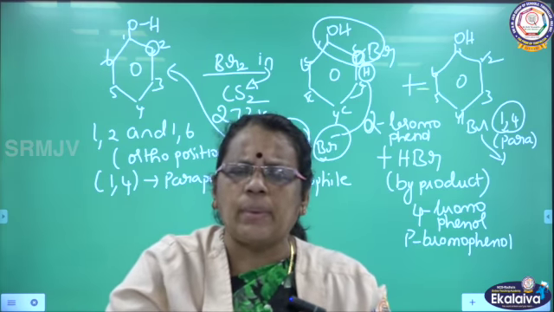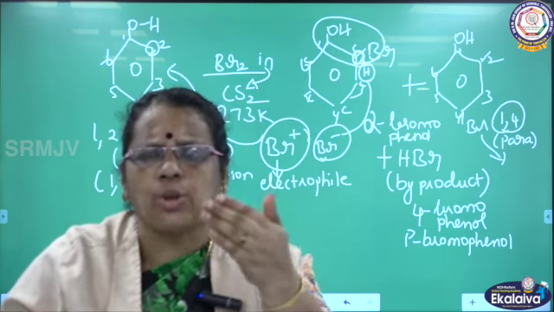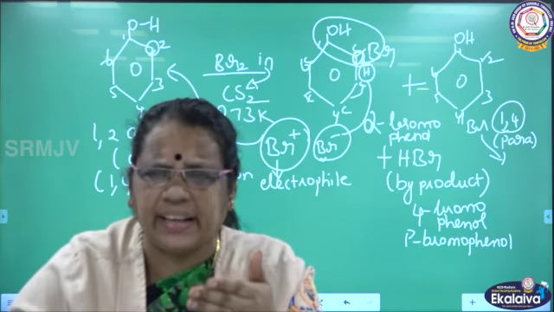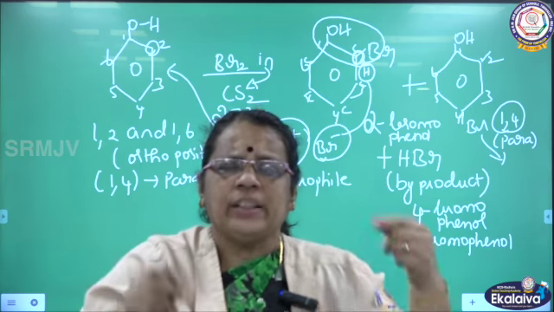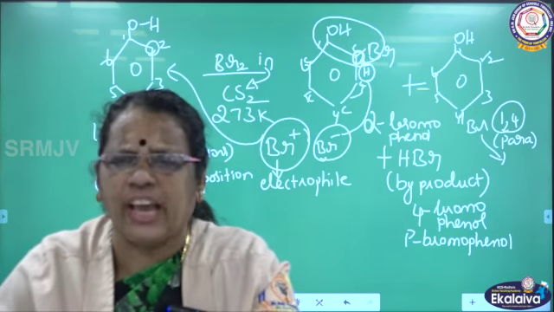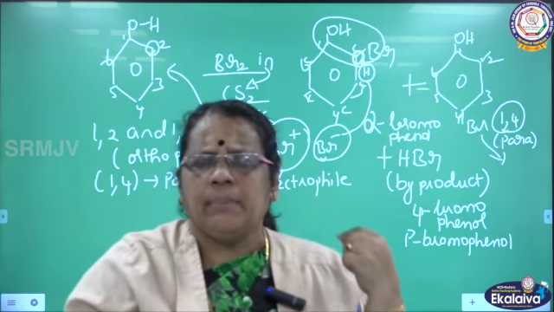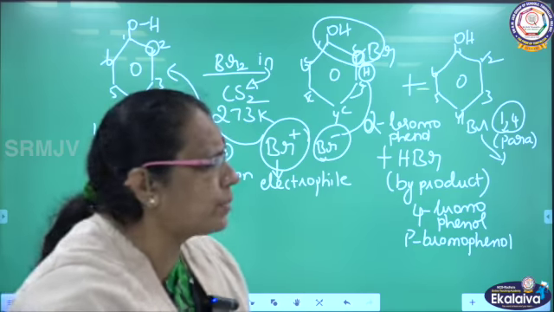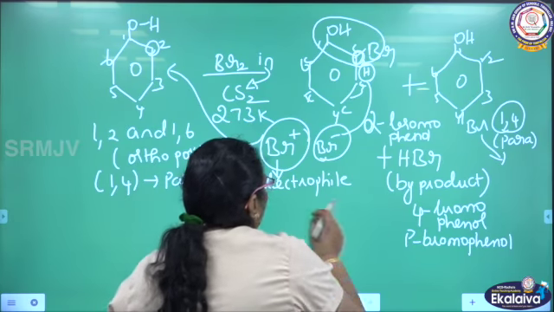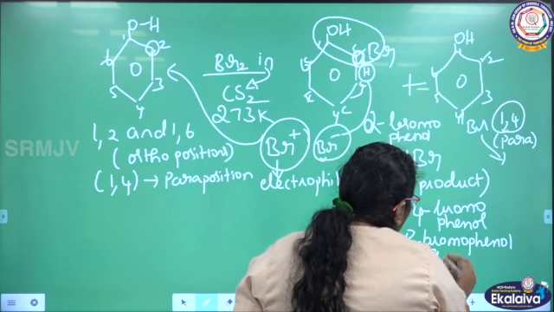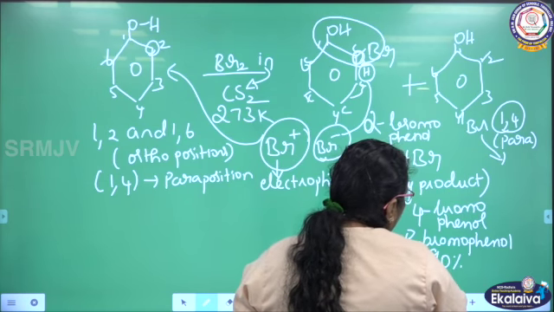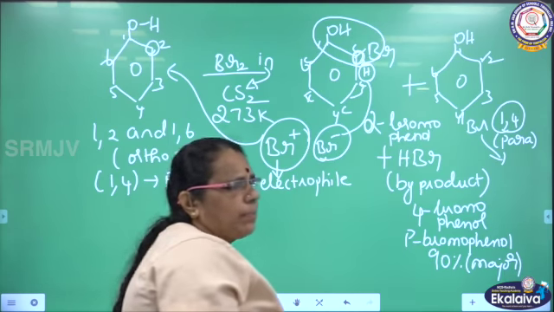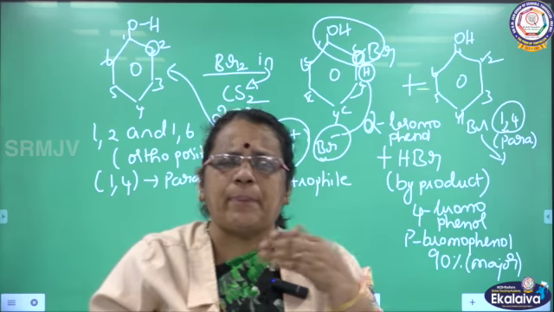So when you talk about the benzene ring, in this case ortho and para positions are electron dense. Density will be greater. Negative charge will be greater at the ortho and para position. So the incoming group, which is an electrophile, here Br plus, attacks the benzene ring in ortho and para positions, giving ortho substituted and para substituted product. So when you talk about ortho and para substituted product, the major product will be 90% para product. So we are getting 90% of para substituted product which is a major product in this case.